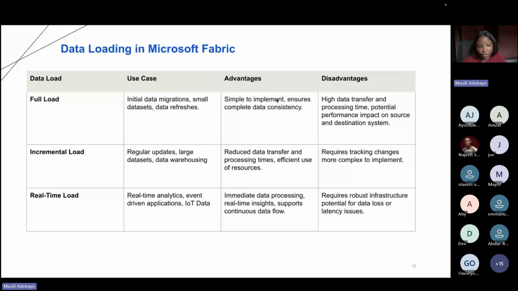For the incremental load, this is perfect for where you need regular updates and they are large data sets and you need data to be updated quickly into your warehouse. One of the advantages is there's reduced data transfer and processing time, and there's also efficient use of resources. For disadvantages, it requires tracking changes at all times. So for those of us that have used incremental loading a lot within our workspace,